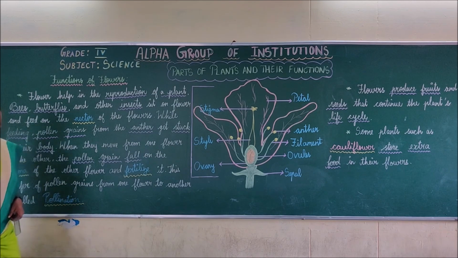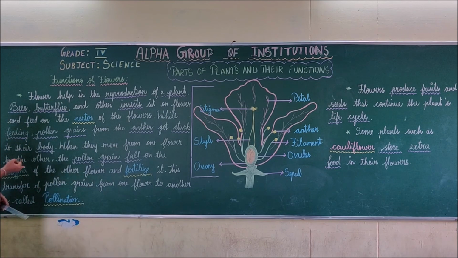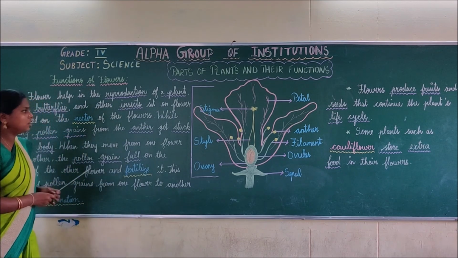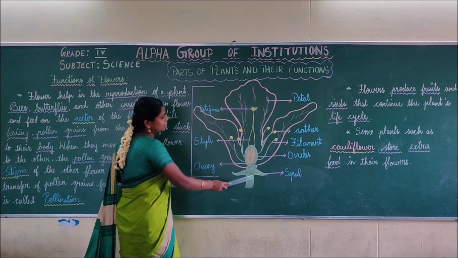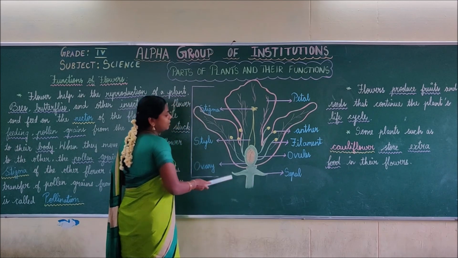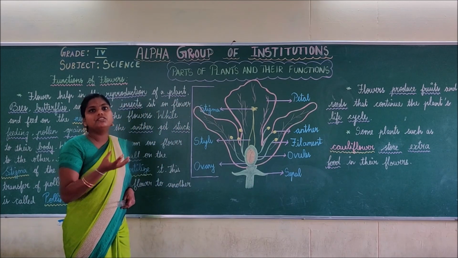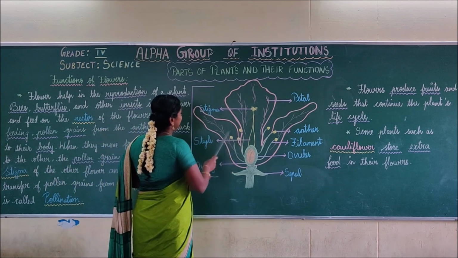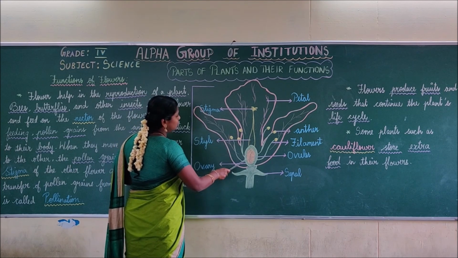Now we learned about the flower, parts of the flower, functions of the flower, and the functions of the parts of the flower. So shall we recap once again what the parts of this flower are? The first one is sepal. The sepals are the leaf-like structured green things which will protect the bud. Here it is style. At the top it is stigma. Down here it is